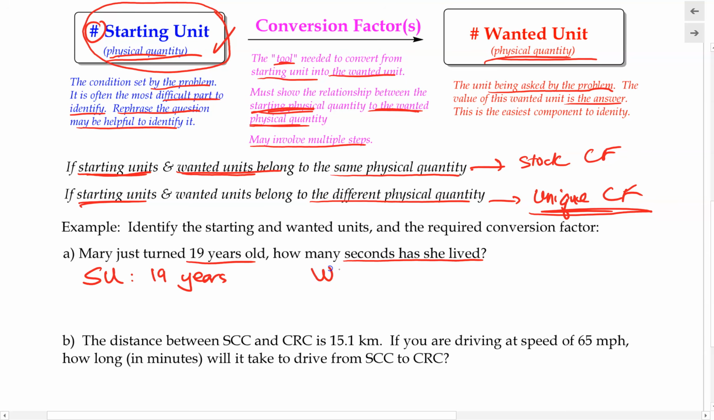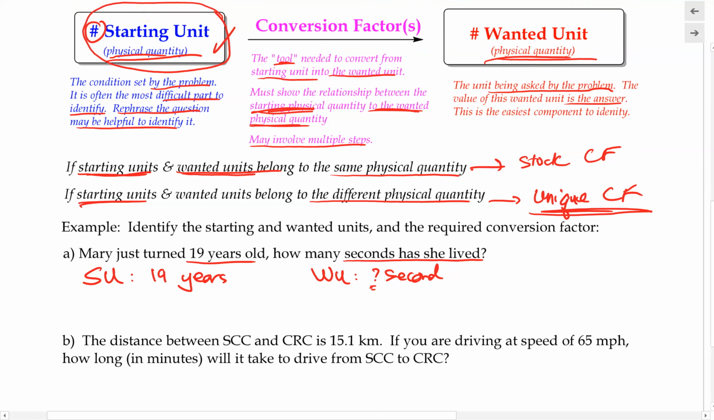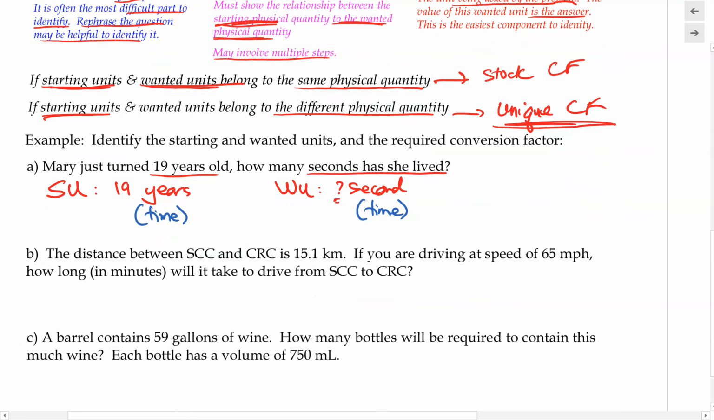And now the wanted unit would be seconds. The value of this seconds is the answer that we'll be looking for. Now we need to identify the physical quantity that these units belong to. Years is a unit of time, and seconds is also a unit of time. So to convert from the starting unit into the wanted unit, we are converting from time to time, from years to seconds. So therefore the required conversion factor